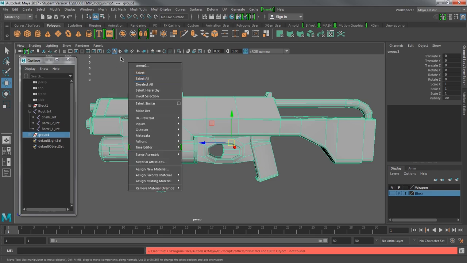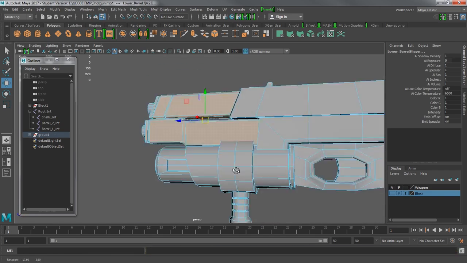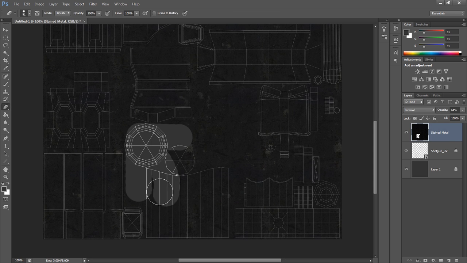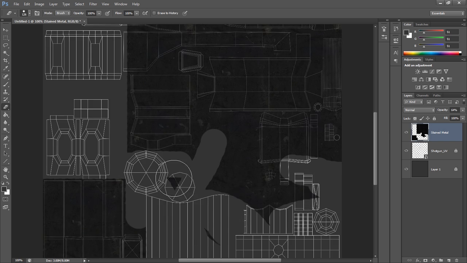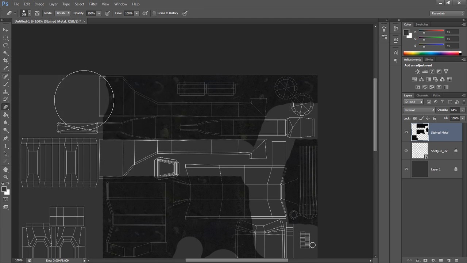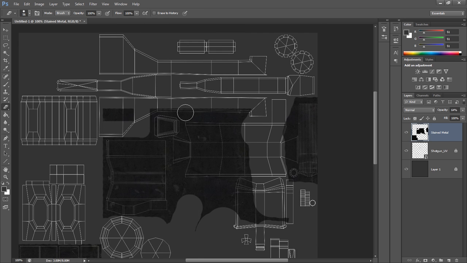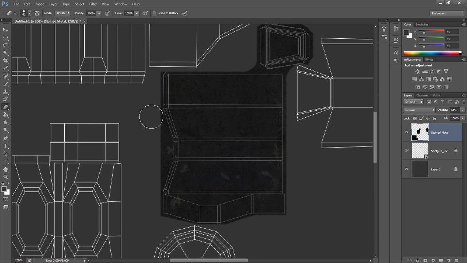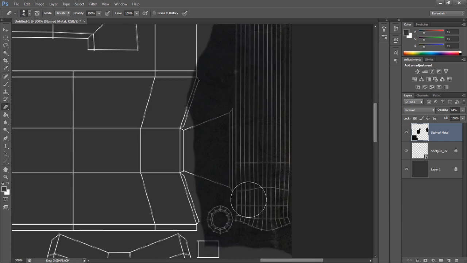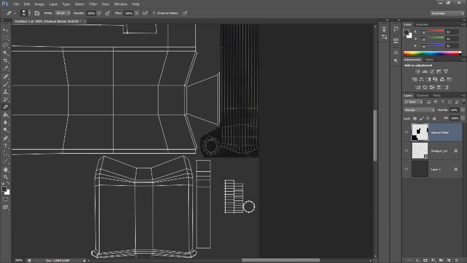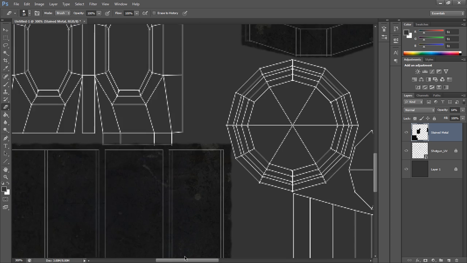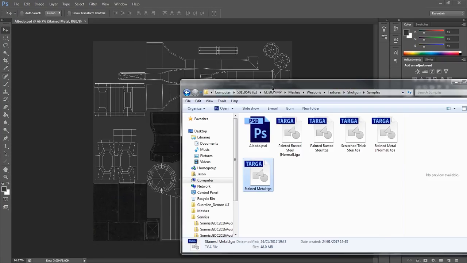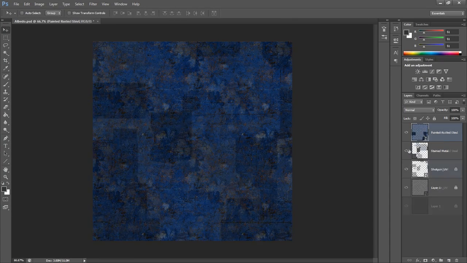So I'll be viewing this in Maya to see where the textures should and shouldn't be applied, and then applying where each texture sample should be to what particular mesh. It's just a simple case of erasing all the information where it shouldn't be and then overlapping the rest where it should be. And I'll just do this for each texture sample. Fortunately, I don't have that many with this weapon, so the process is relatively simple, and it can become a bit complicated if you're using it for multiple maps.